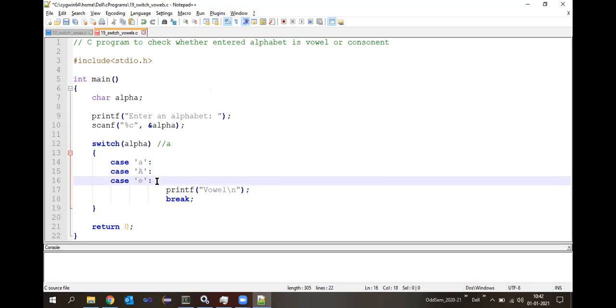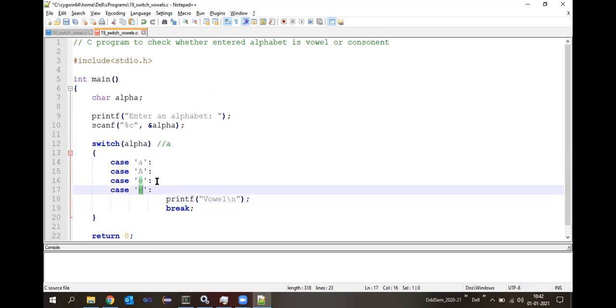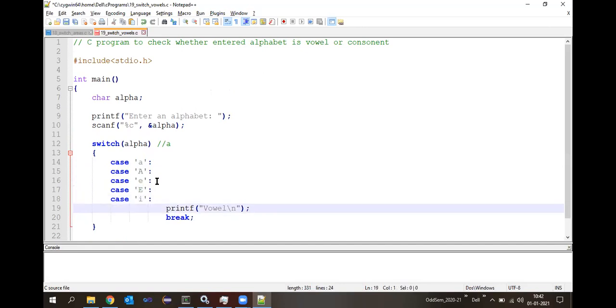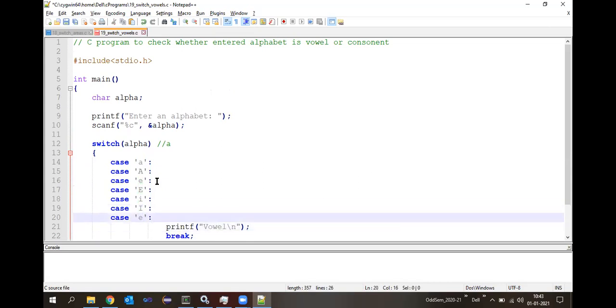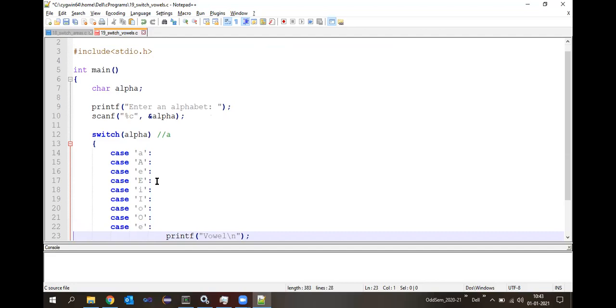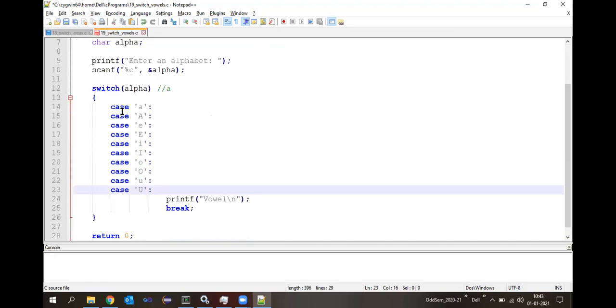In the same way, let us write the other cases as well. Let me just do a copy paste. This will be for uppercase E, then next is I, capital I, then lowercase o, then uppercase O, then lowercase u, and then one more uppercase U. Now, I wrote all the cases.